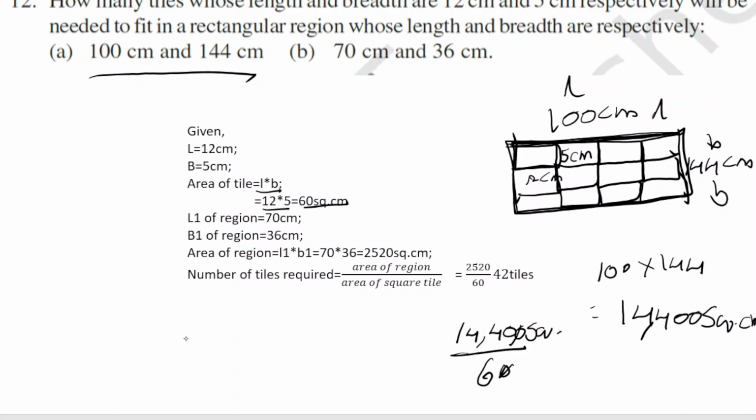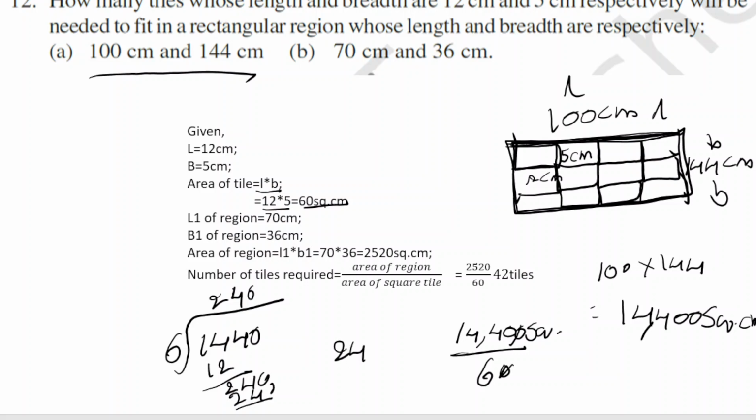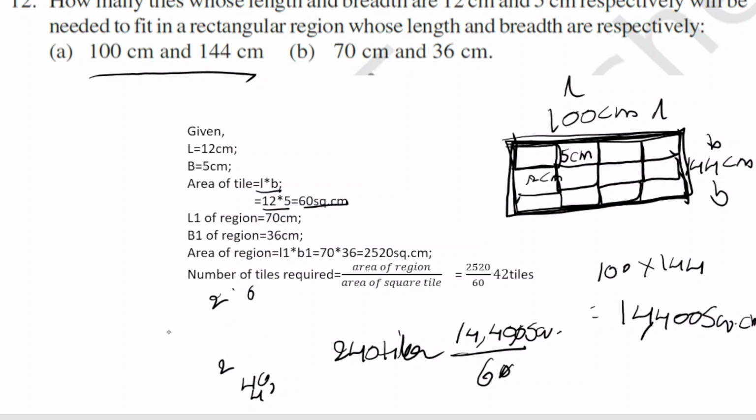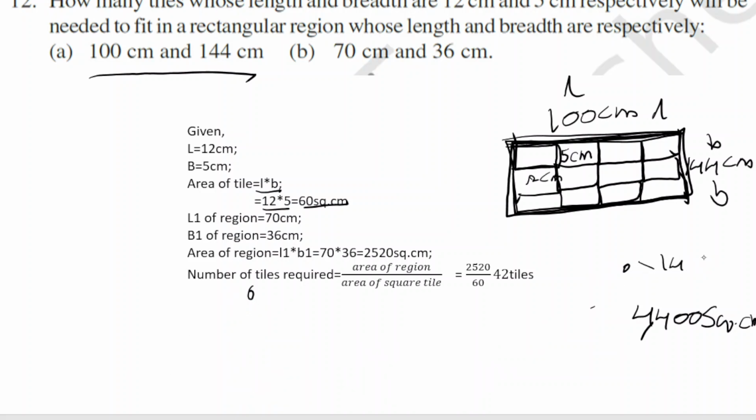So here, let's divide this 144 by 6. The 6 will go in 2 times. Here it is 12, and here it comes as 6 will go in 4 times in 24. So it is 240 tiles are required to cover this entire region with tiles having 12 centimeters as length and 5 centimeters as breadth. And similarly, the same rectangular region